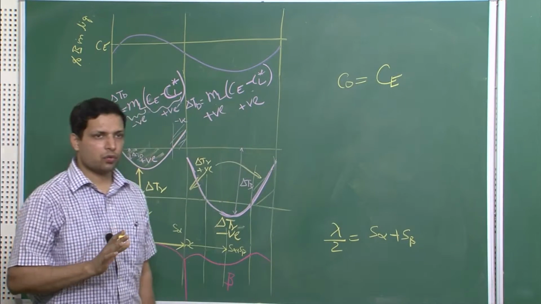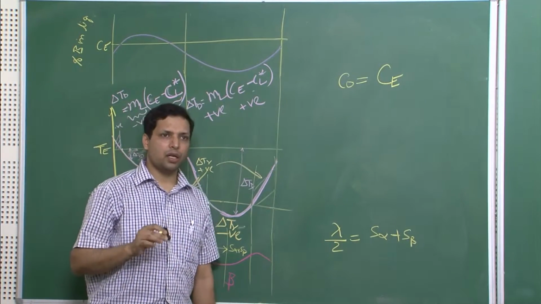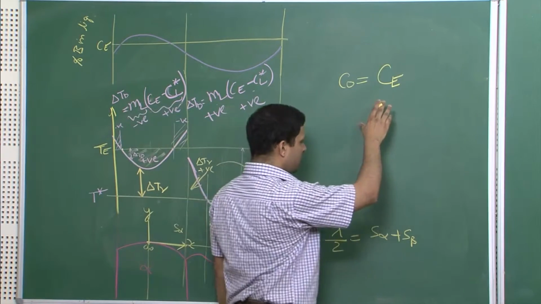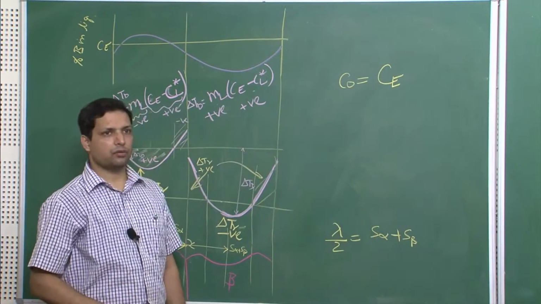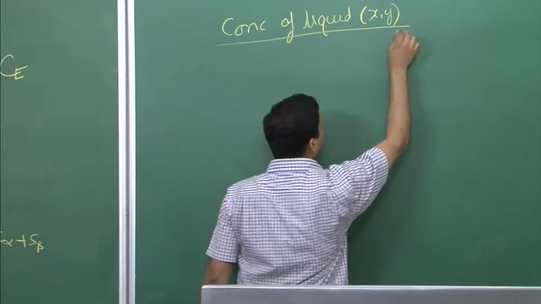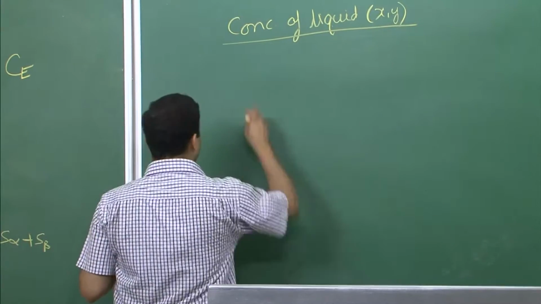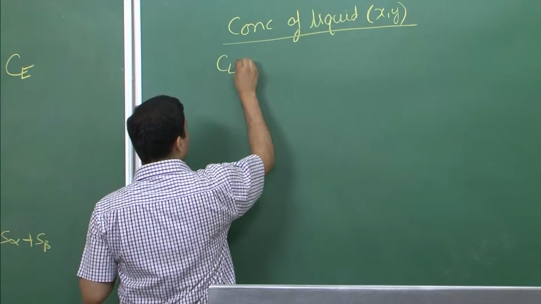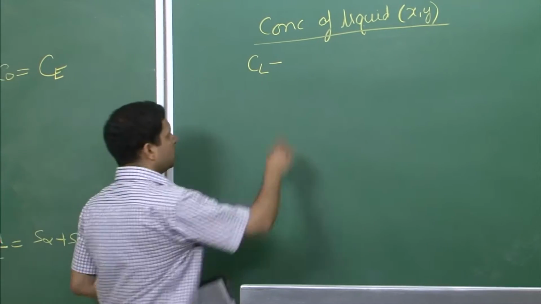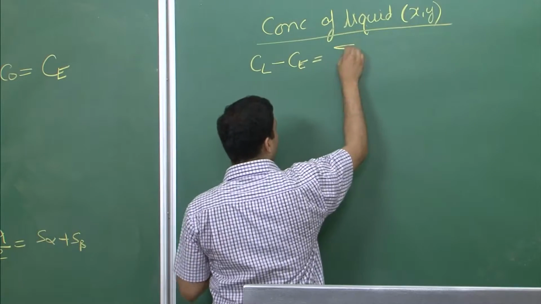This is our overall assumption so far. We are doing it all for a very near eutectic composition. When the eutectic composition is there, these are all the conditions of solidification that take place, and for that people have shown that concentration of liquid can be given by an equation like this. If Cl is the concentration of liquid at any point x and y, then Cl minus Ce is given by